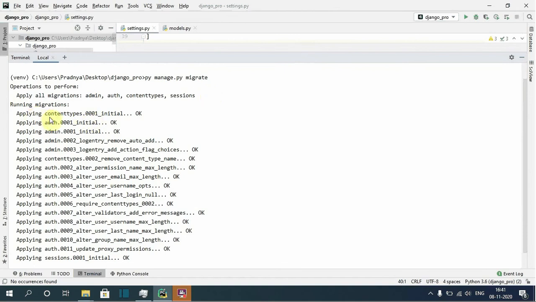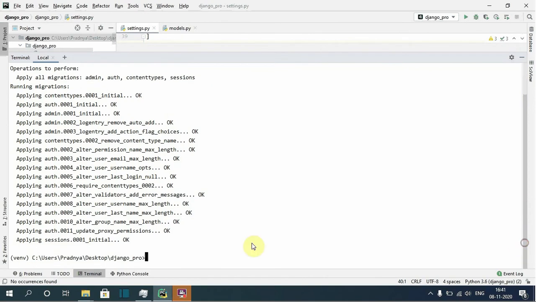So it created the database tables for the app contenttypes, for auth, for admin, again contenttypes, again for auth, and also it created the table for the sessions app. You can see here. So it created the database tables for all default apps included in the INSTALLED_APPS section.